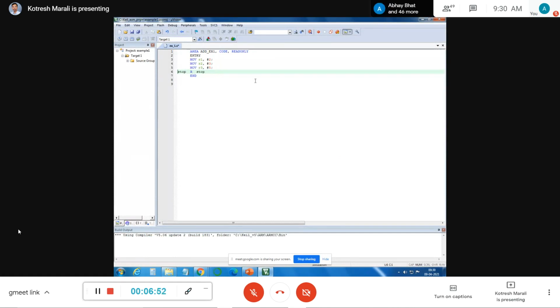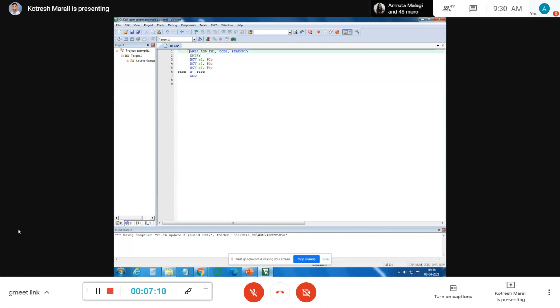This is a simple program. Basically, I'm trying to move the content 2 into R1, 3 into R2, 5 into R3. This symbol indicates the immediate value.